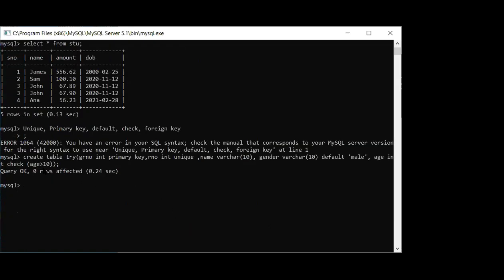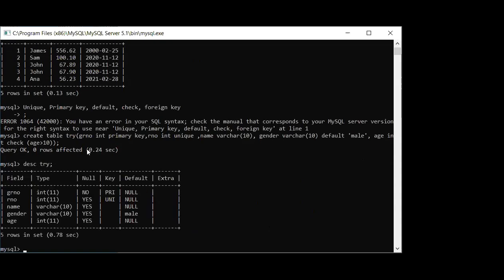See, first of all, check has not given us error. Now if we will see the description of this table, this time you will get something different. Okay. Now if I will see the description, you can see over here, the very first thing is GR number. GR number, null value we cannot give now. Okay, this is the first change. Then with respect to key, it is given that it is a primary key, because see, at the time of creation, we have given primary key here. So primary key is not null by nature and it is unique.